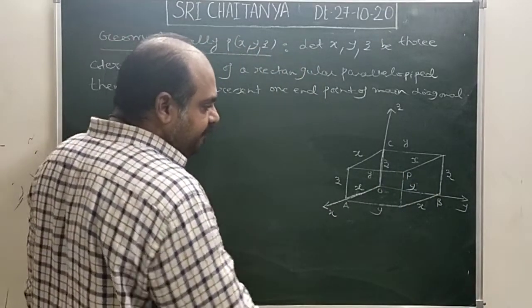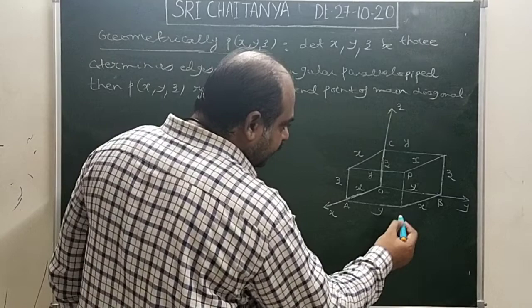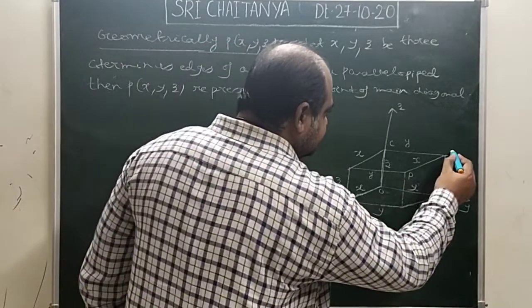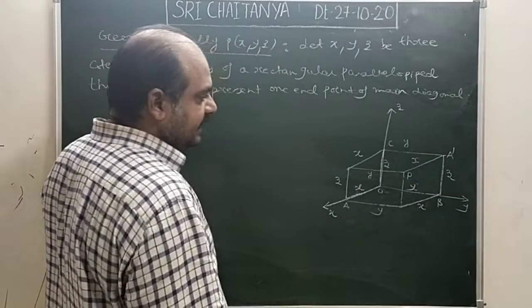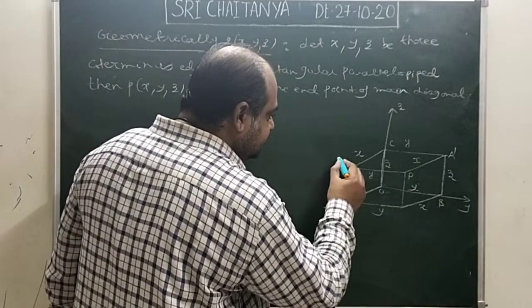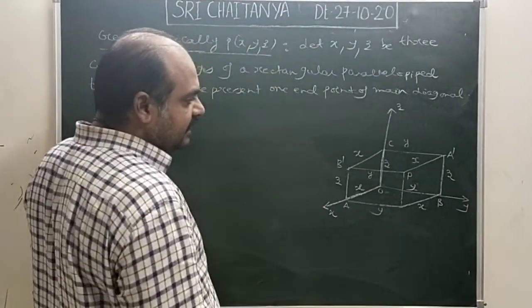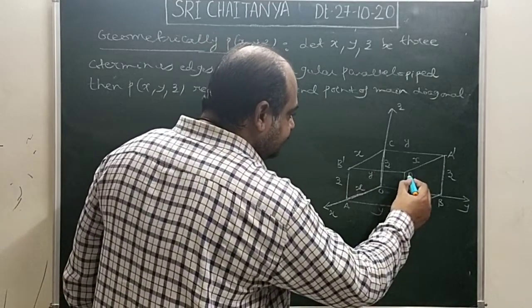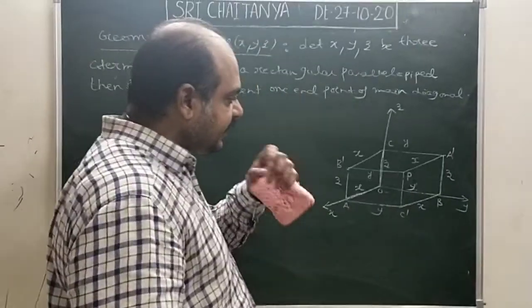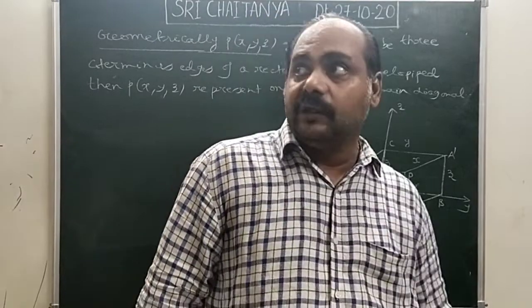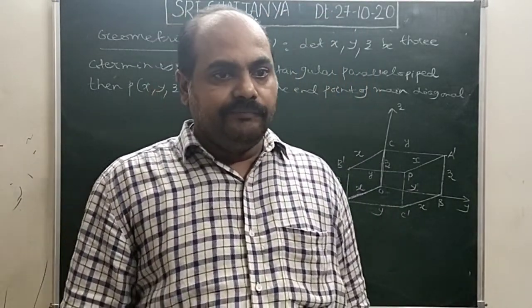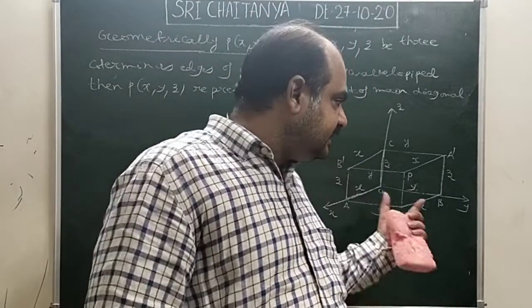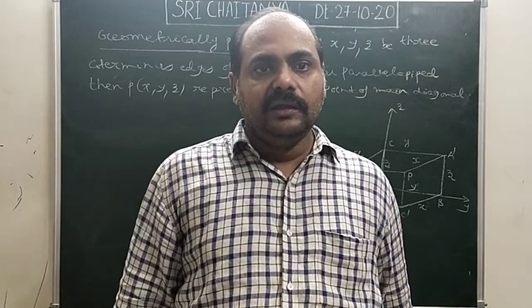This is point P. Now look at, let us say this is A dash, let us say B, this is B dash, let us say corner. So let us say this is C, that means C dash. Now let us say this is P. Now look at this diagram, all of you, look at your room. I will tell the example, this is nothing but your room I have drawn.